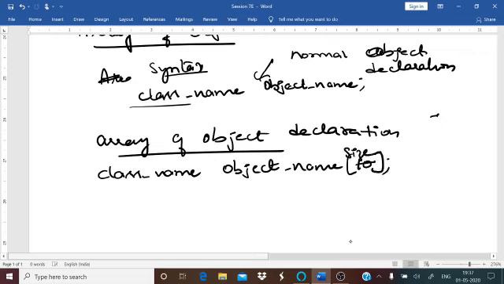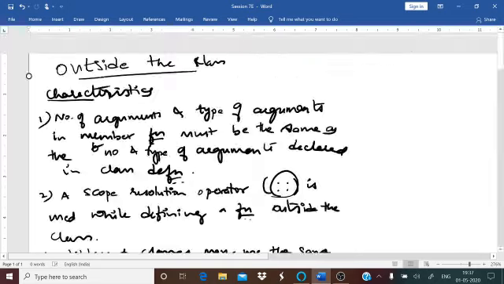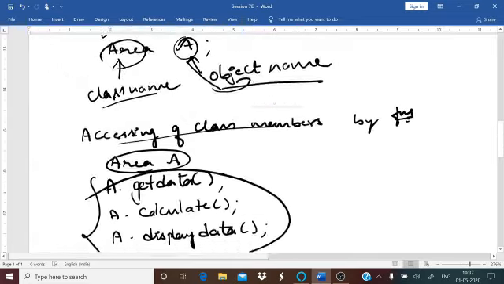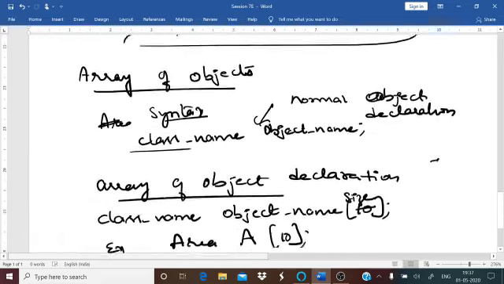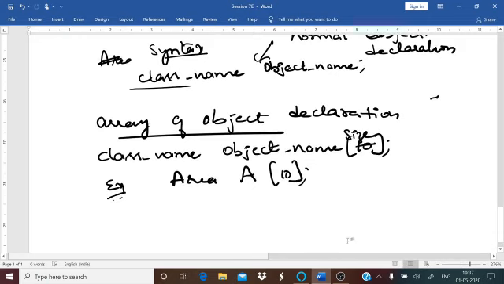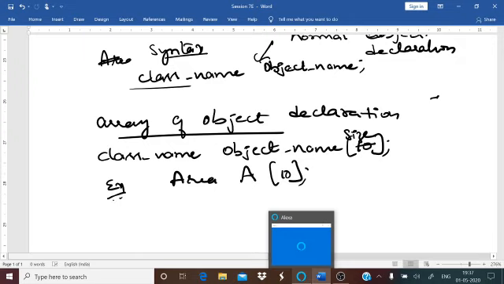So for example, your class name, as in earlier programs, was area, object name was A, and you say 10. So this is your array of objects. We'll continue the rest in the next class. A smaller part is left, I think we'll finish it here itself.